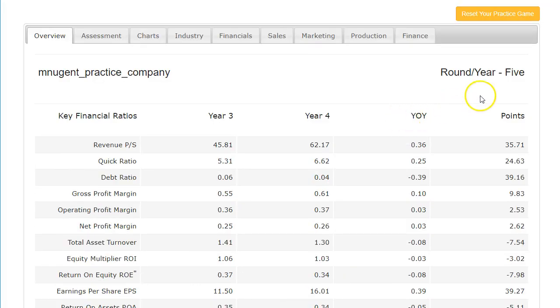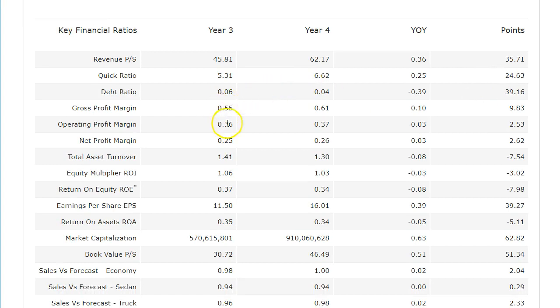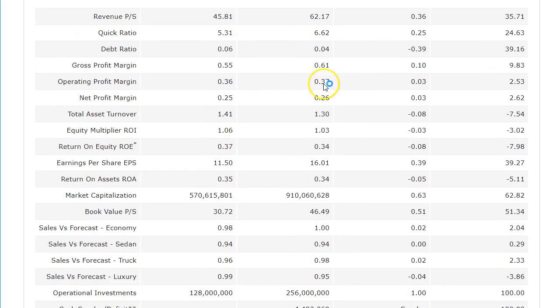Okay, so I'm in round 5, and I did get my debt ratio. Let's see, my revenues increased by 36%. I improved my quick ratio and debt ratio, so I got points there. My profit margins went up, so I got points for my gross, operational, and net, and that helps me to get